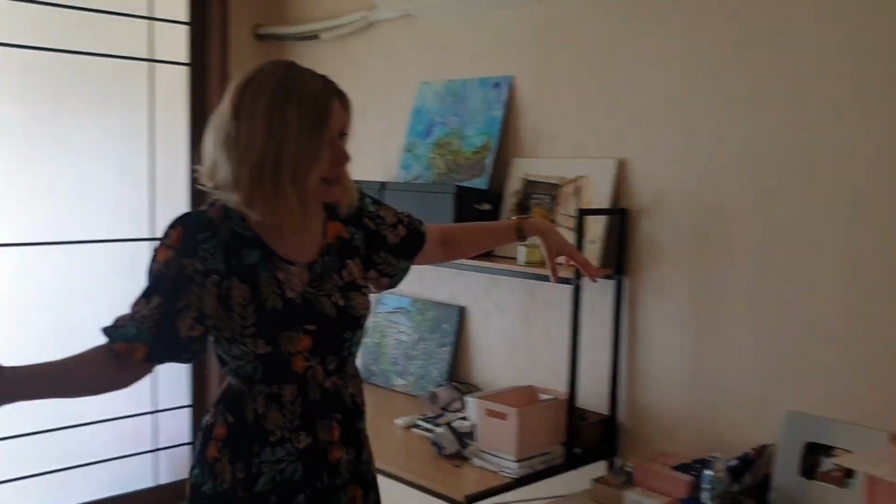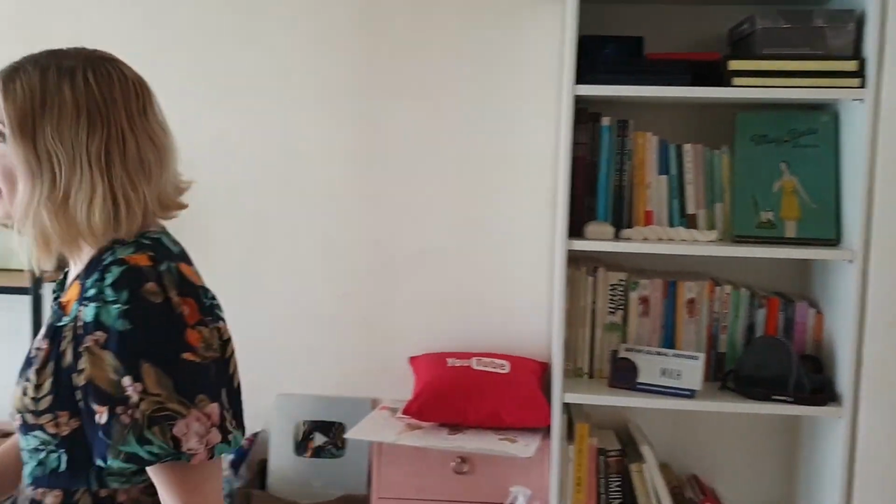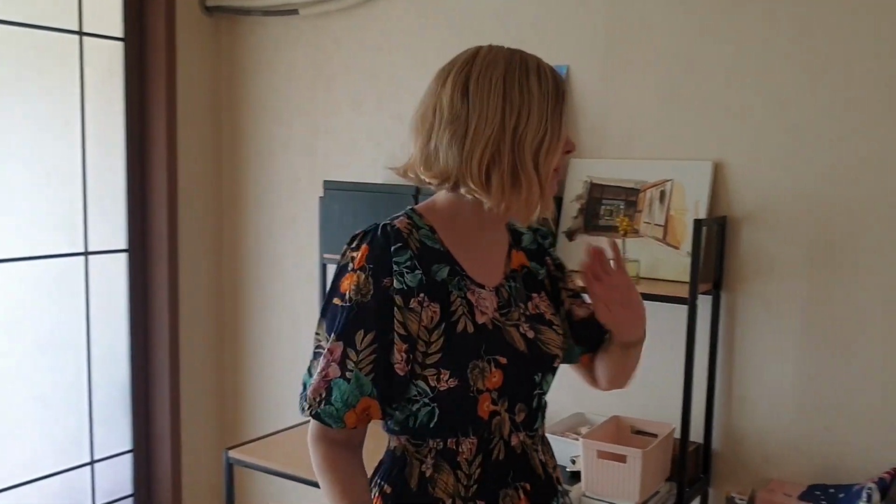Okay, this is the office, and it's going to be set up as my studio as well. At the moment, the furniture has just been put in here. We haven't done much to it. Also, the wallpaper will need to be changed as well. You can see that it's old and not great, and also not great for filming. We need a better background for filming. I need to have an easel set up. So a lot of stuff has to happen to this room, so it's a bit of a nothing at the moment,